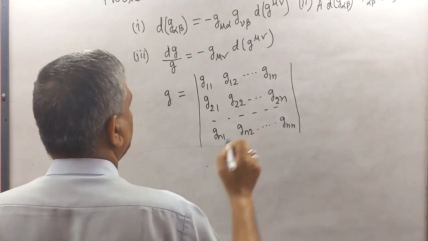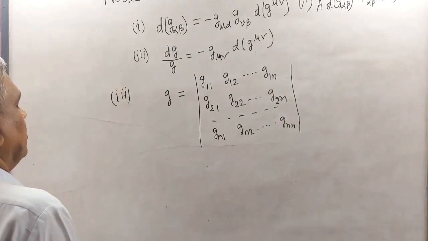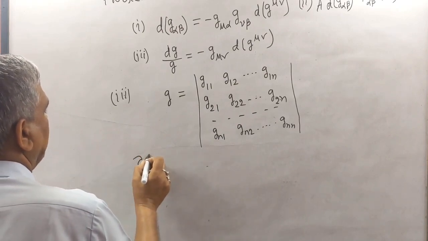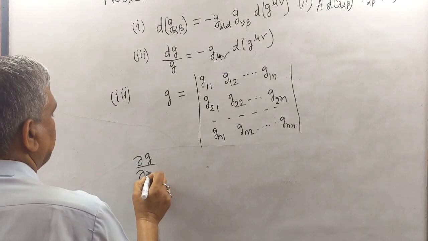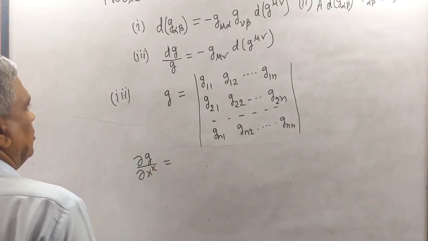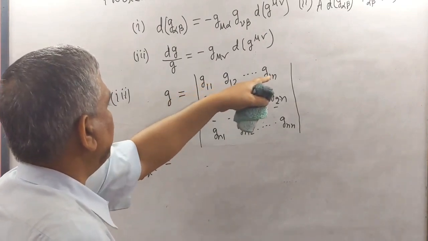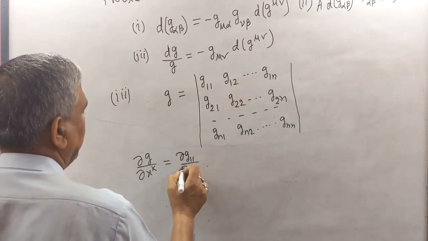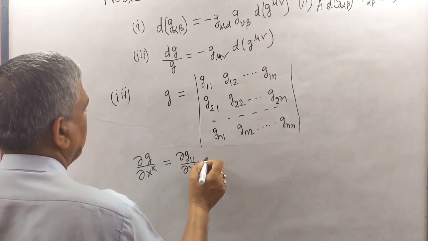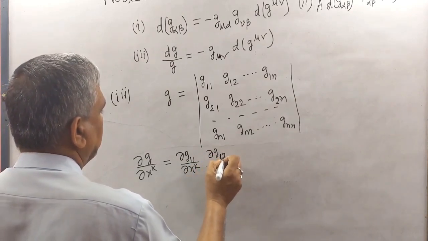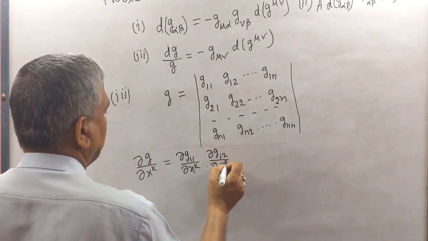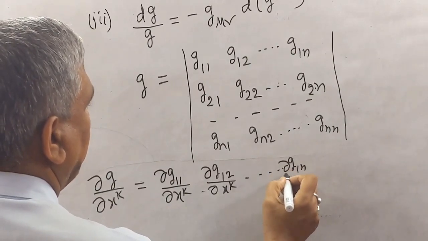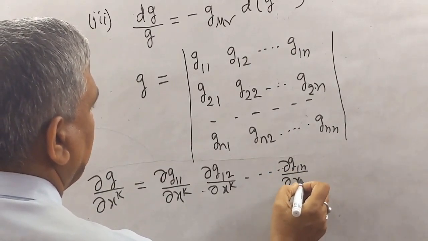This is the value of the determinant of metric tensors. If we differentiate both sides with respect to xk, del G by del xk. Firstly differentiate the first row, del G11 by del xk, del G12 by del xk, dot dot dot, del G1n by del xk,